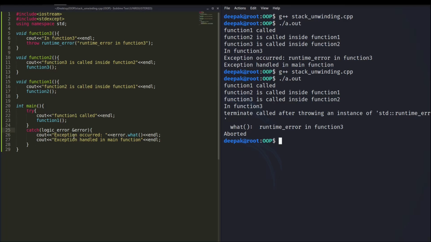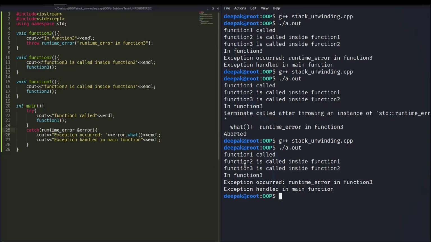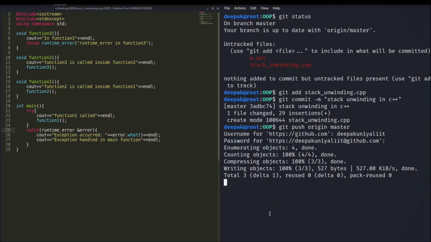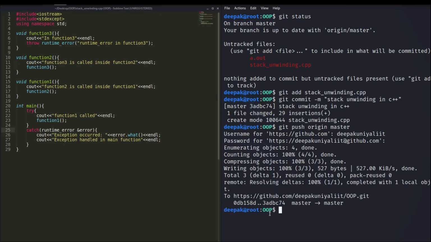Because we don't have any exception handling for runtime error, the program is getting aborted, right? So you have to take care that whatever type of exceptions are being raised, we need to handle them successfully, right? Now if you compile this again, the program is working perfectly, right? Here I have committed the program and pushed it to GitHub, so you can see it as well.